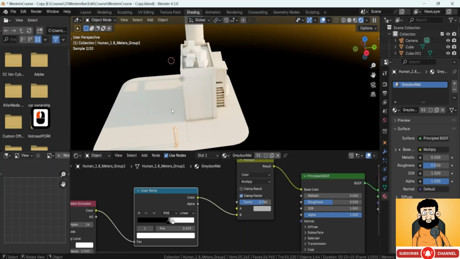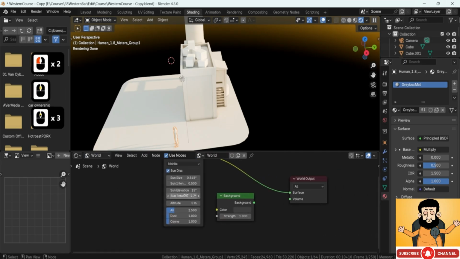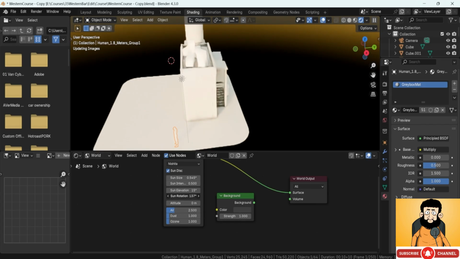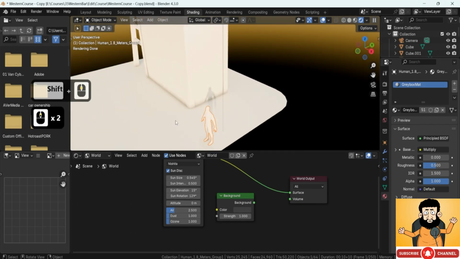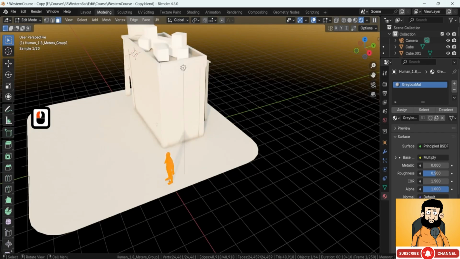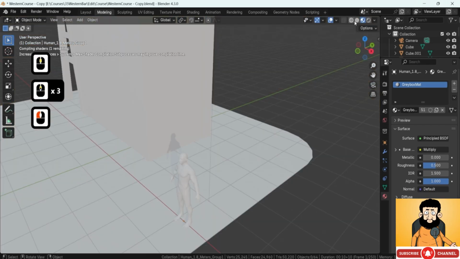Before doing that, I'd like to move the sun a little bit. So I'm going to go on to the shader and I'm going to go on to the world setup. Rotation for the sun, I'm just going to move it so we could have a little bit more of lighting coming to this section over here. Now, let's go ahead and start setting ourselves up